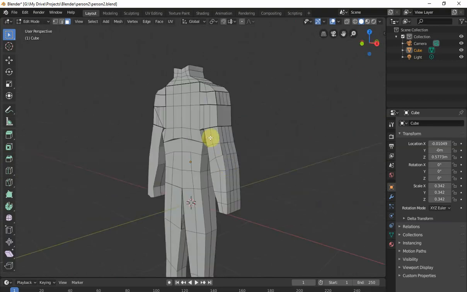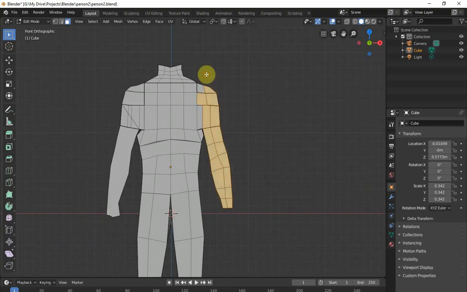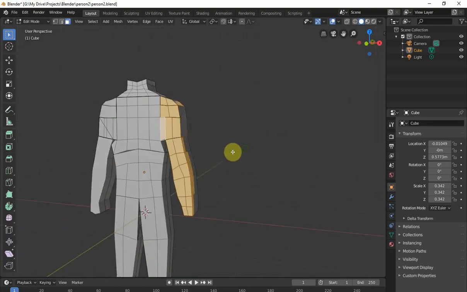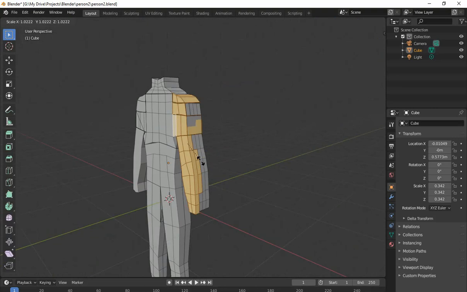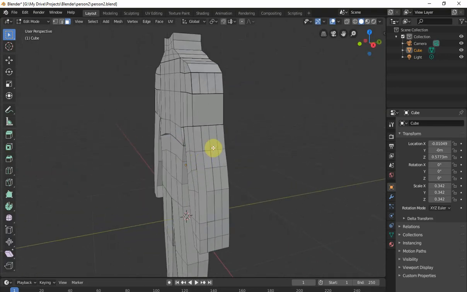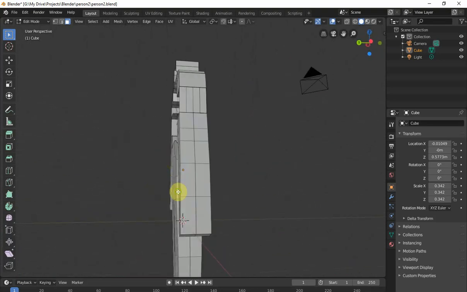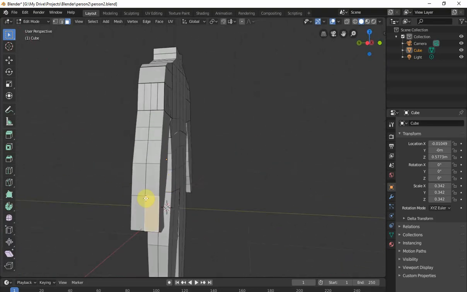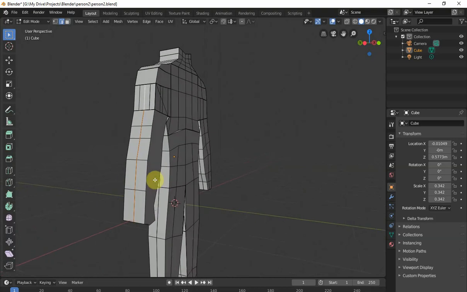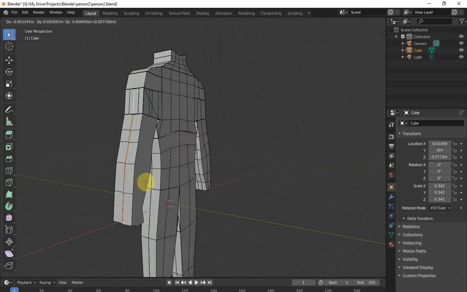So what I can do there is, again, I can use 1, and I can select only those faces if I want. And if I hit S, Y, I can scale them in maybe a little, or I'm going to leave it for now and just wing it. But what I can do is, now I want roundness on the side of this person, so I can just select edges. So I'm going to use 2 for the edge select, and I'm just going to do that. And what I'm going to do is hit G and kind of,